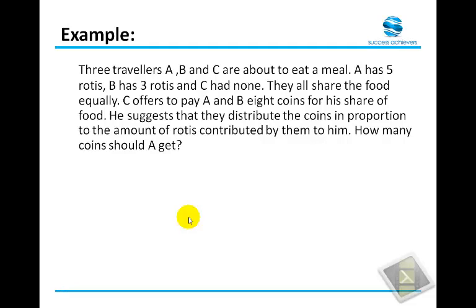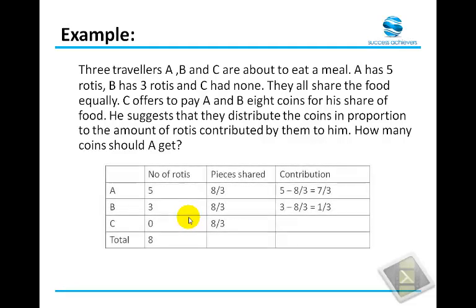So let's just draw a table to understand the data better. Let's have the first column as the number of rotis initially with them. So A has 5, B has 3 and C has 0. So total number of rotis is 8. Now the pieces shared, can I say they are equally sharing the 8 rotis. So each of them had 8 by 3, 8 by 3 and 8 by 3. So what would be the contribution? See, remember the question is asking you that you have to find,